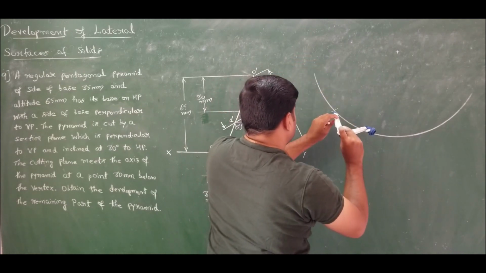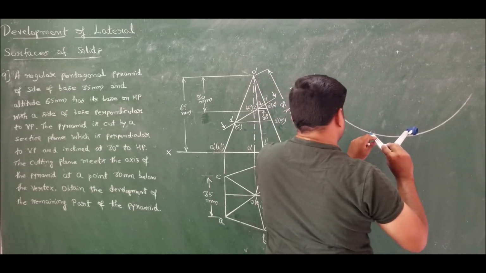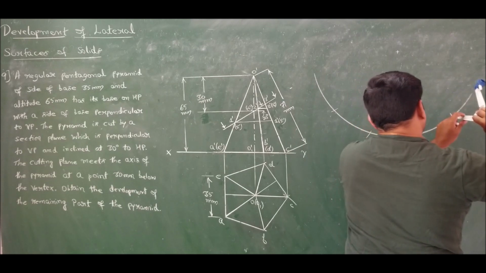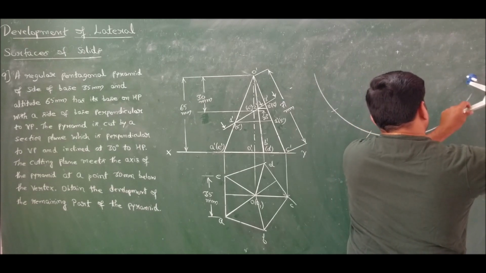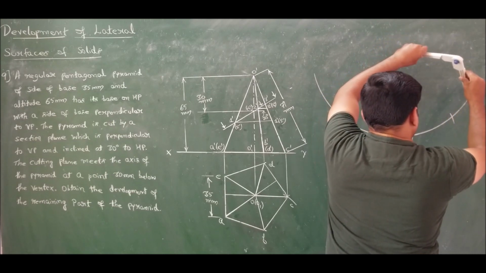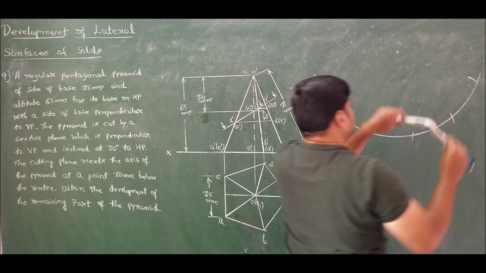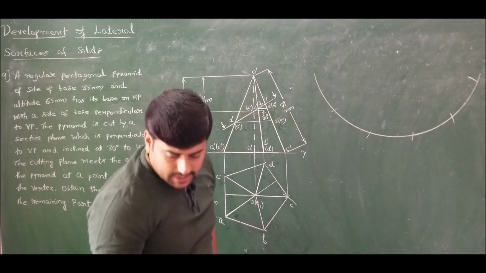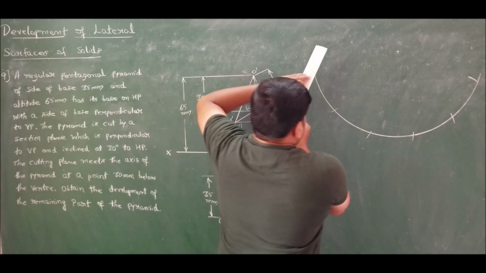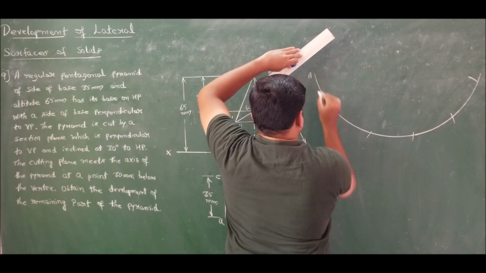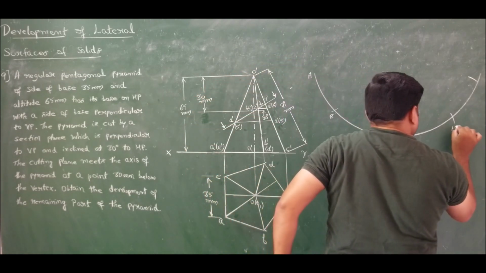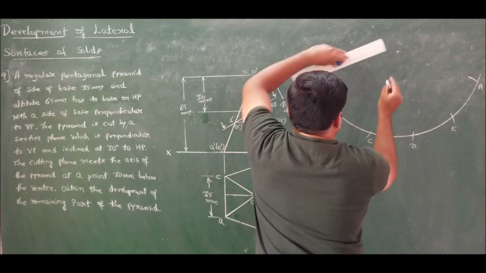1, 2, 3, 4 and finally 5. For which I want the extension 5. Now connect these things. That is, this is A, B, C, D, E and A. So join